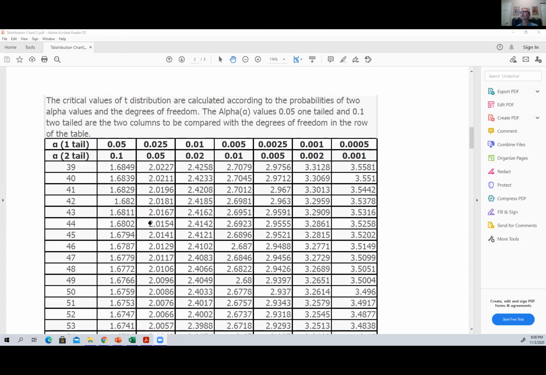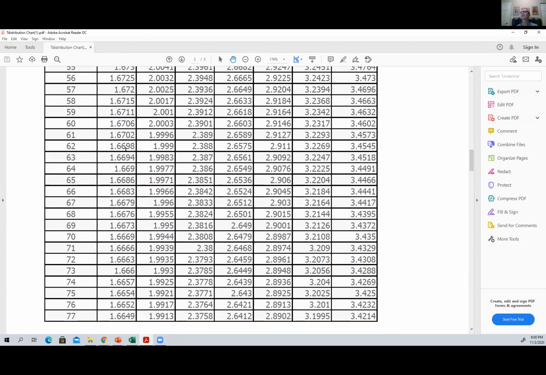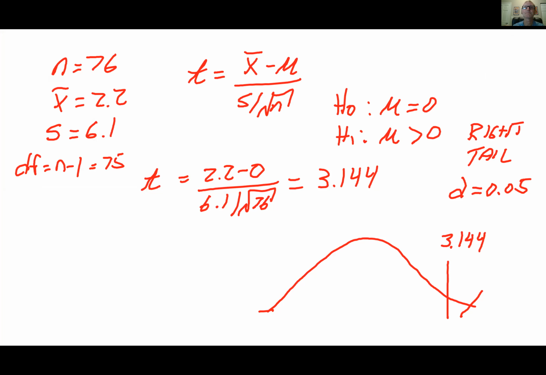And so we're talking about a one tail, and so it would be 0.5 for the upper tail. So we'll use column 1, that's 5%, and we go down to 75, and we get 1.6652. So if we go back to our whiteboard, again, just like on the z-score, this would illustrate that